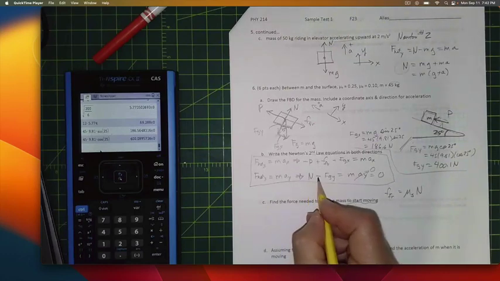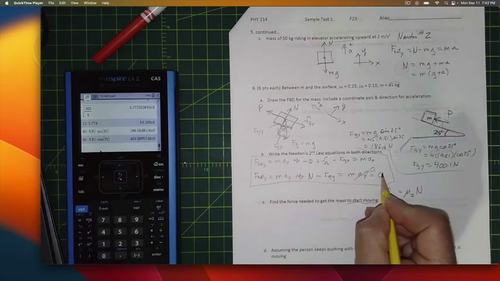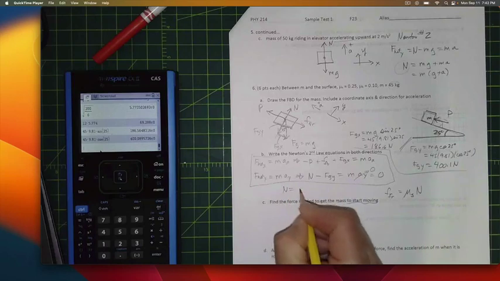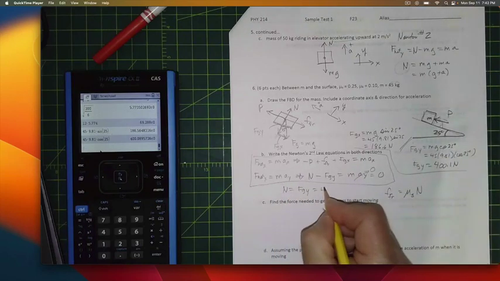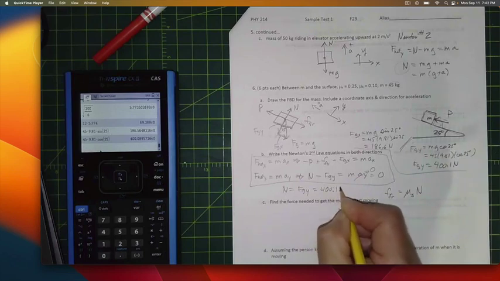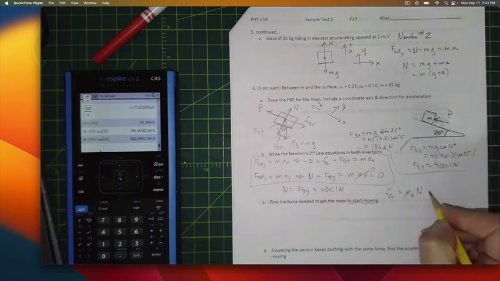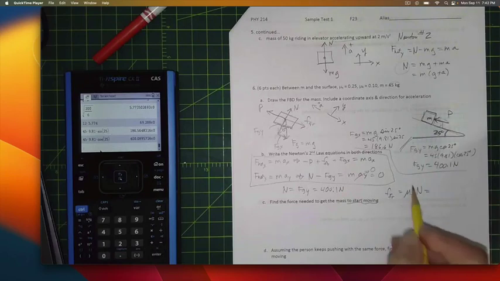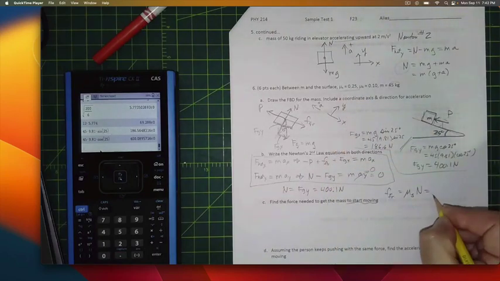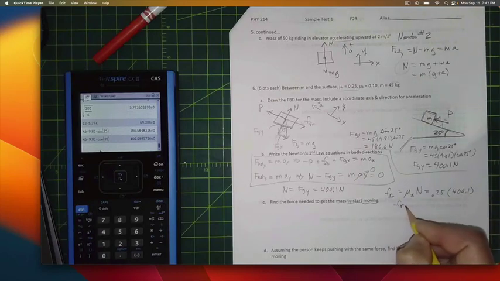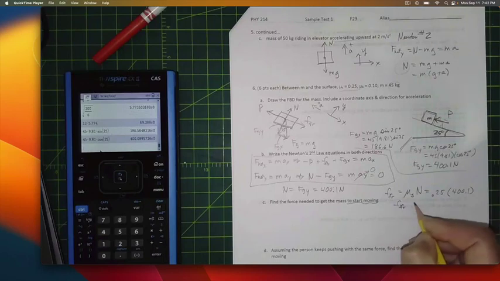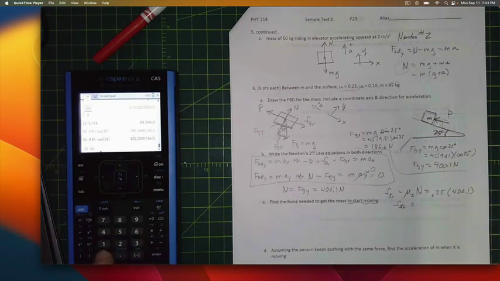So we've got n minus Fgy equals 0, so n is equal to Fgy, and Fgy, we already calculated, was 400.1 newtons. So the force of friction, mu sub s, 0.25, and then n is 400.1. So F of friction for part C is 0.25 times 400.1,